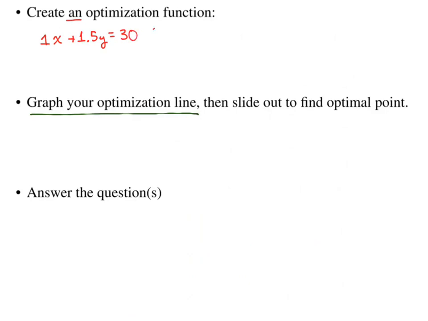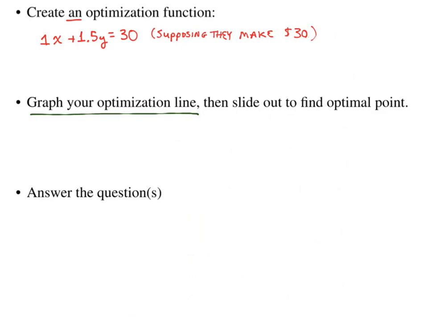Since I'm going to have to graph it, I know they make $1 for each dozen chocolate chip, and $1.50 for each dozen oatmeal brownie. So 1x plus 1.5y equals 30. And I just made up the number 30. I'm trying to pick a number that is reasonable to graph. 30 works because if you graph it now,